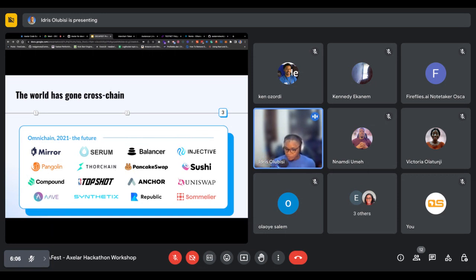We see Uniswap, we see Aave. Uniswap is a big protocol. They have a lot of products to ensure they become really strong when it comes to decentralized exchanges and some other things they offer. We have Somalia for facilitating cross-chain between